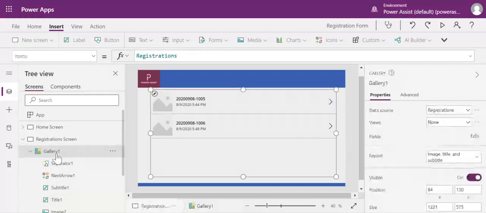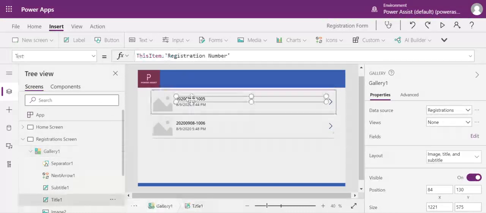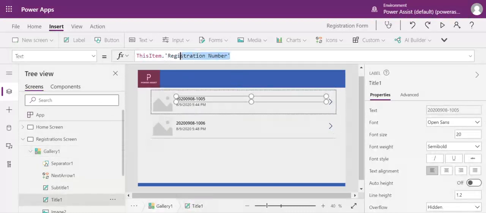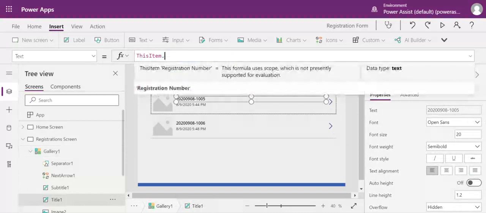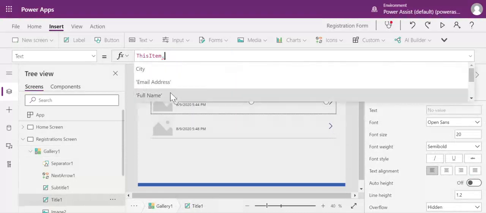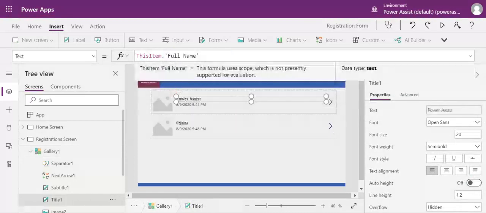Now, when we select the items for this gallery with a specific data source, some of the fields automatically get added. So now let us change them to our required information.